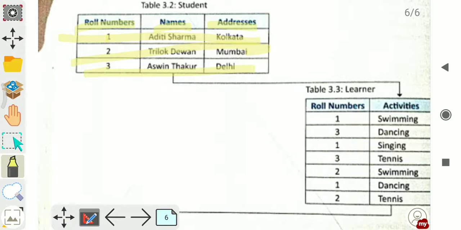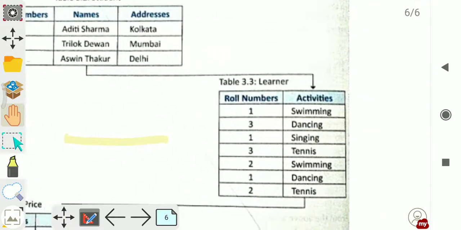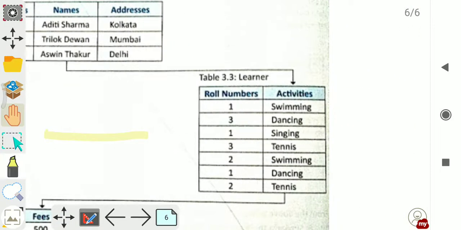Likewise, in the activity table you can see roll number and activities. Two fields are there, and here it has been explained which student, by roll number, performs which type of activity.